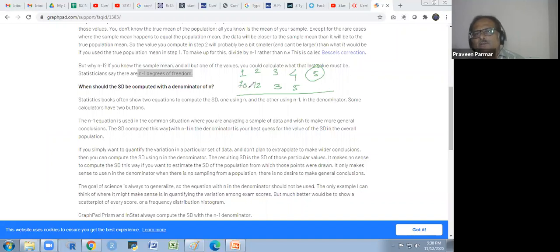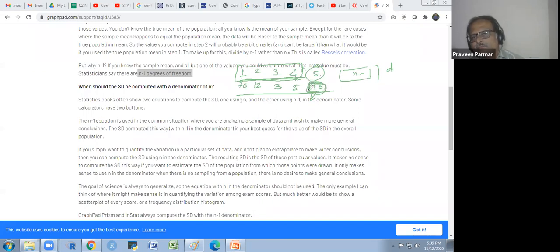So 70 and 15 is 85, and 5 more is 90. So you must give 10. There is no choice for this amount. You have the choice only for 4 events. You don't have the choice for the fifth one. So we take n minus 1 degrees of freedom. You have the freedom only for 4 out of 5. For the fifth, you don't have any freedom. Whatever remains, you have to give it.